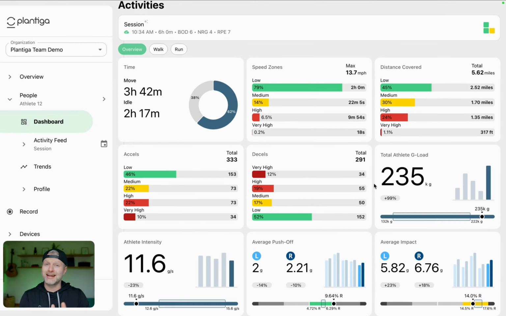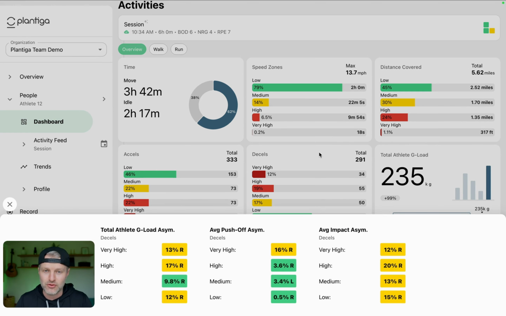When I go over and I click on deceleration, we count them, we bin them. When I click on it, it tells a little bit of a different story. So now the tray pops up and now I can see that this athlete is favoring that right limb at impact across each zone. So what that does for the team or the practitioner side is better understand movement deficiencies, trainable deficits that you then can program to fix. So we're trying to break out movements in the real world so you can drive better